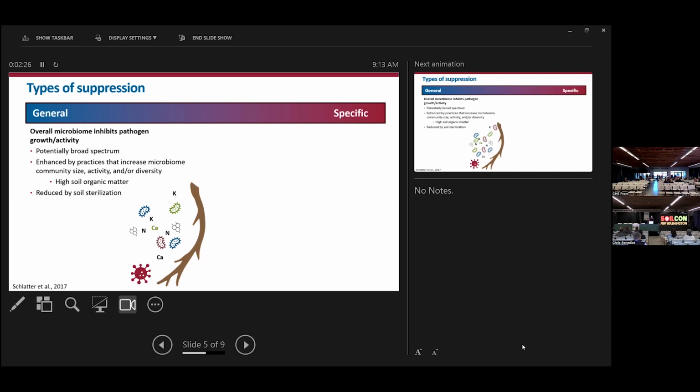And it's been shown that increasing soil organic matter may increase general disease suppression. And so this is where, again, soil health management comes in. When we think about soil health management, we are often thinking about practices that will also increase microbial activity, size, and diversity. And so in theory, this would also increase general soil-borne disease suppression. And soil-borne disease suppression tends to be reduced by soil sterilization because you're knocking out a lot of